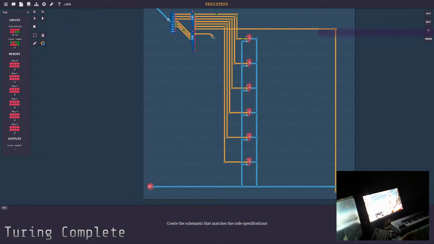Then our first bit, let's change the color a bit. We'll do a different orange. So first bit,